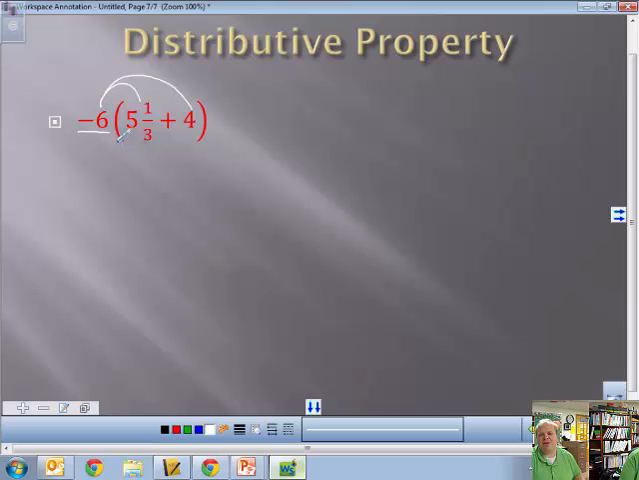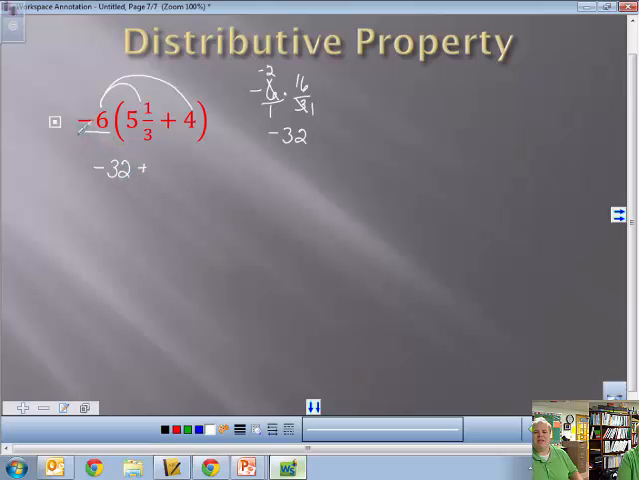So 5 times 3 is 15 plus 1 is 16. So I'm going to come over here and go negative 6 times 16 over 3. Put that over 1. I'm going to cross reduce if I can, and yes, I can. 3 divided by 3 is 1. Negative 6 divided by 3 is a negative 2. So now I have a negative 2 times 16, which is going to be 32. So it's going to be a negative 32. So I bring that back over here. I have a negative 32